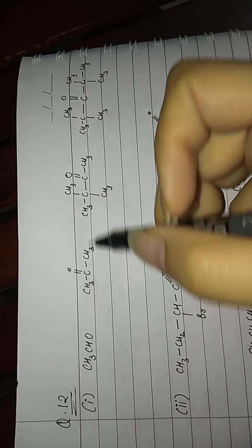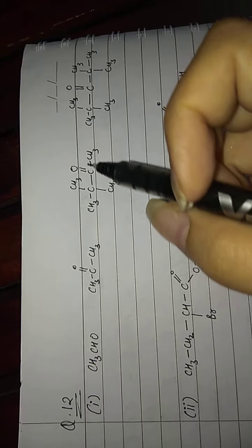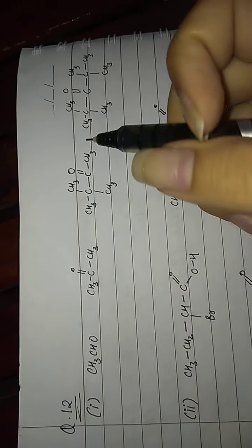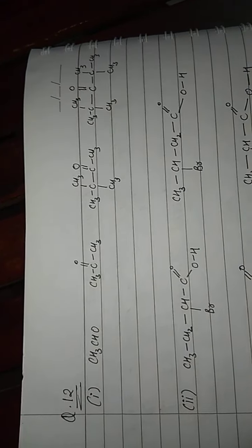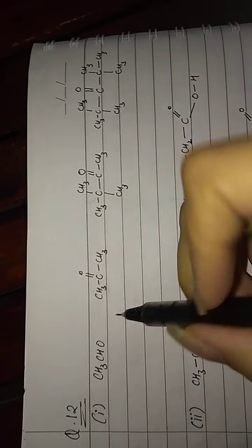Now continuing with question number 12 only, we have discussed the nucleophilic addition reaction and the reactivity of aldehydes and ketones towards nucleophilic addition reactions and what is acidic strength. Now the first part says to arrange these compounds in order of increasing or decreasing whatsoever. I will be arranging all of them in decreasing order. You can arrange as it is mentioned in the question.